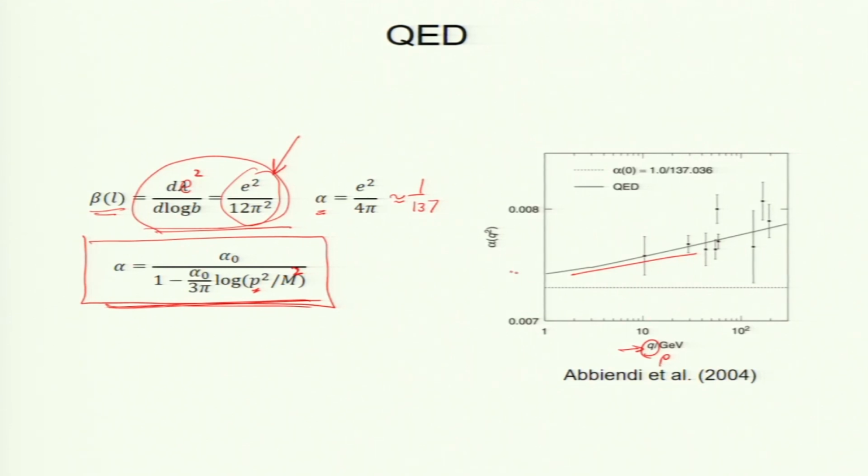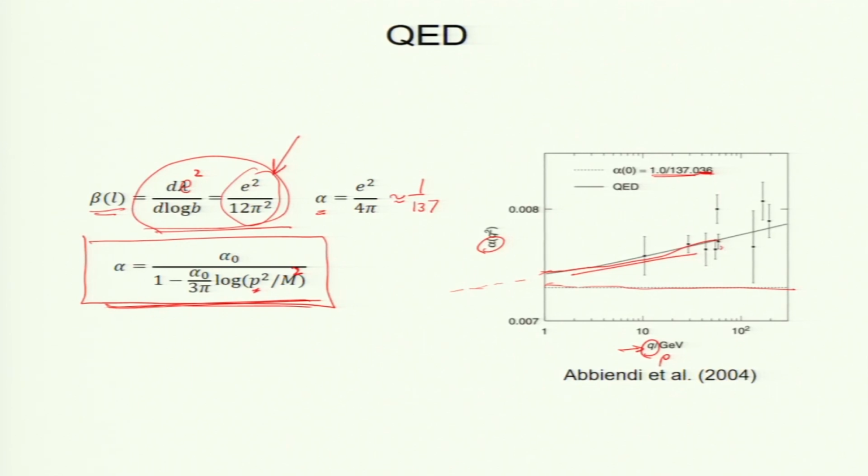Now, when I increase momentum, my coupling constant is increasing. This alpha is the coupling constant, and it is increasing, and these are experimental data. Now, if you go to very small momentum, then you will hit this line, and this line is 1 by 137. Of course, people have done a lot of work to get these 3 digits. I will not discuss that, but this is how you derive the running coupling constant for QED.